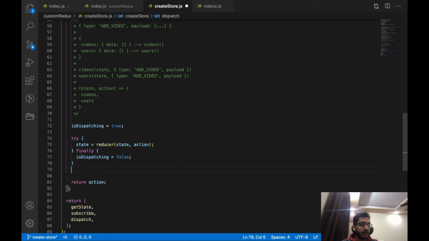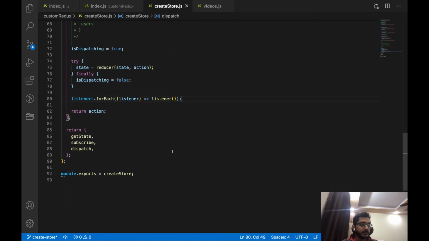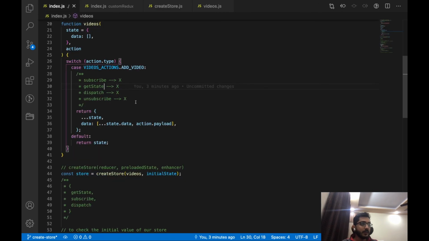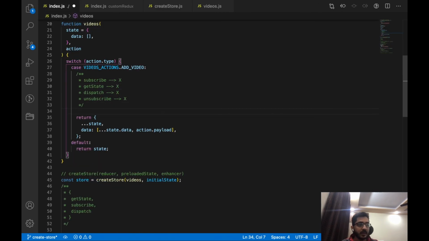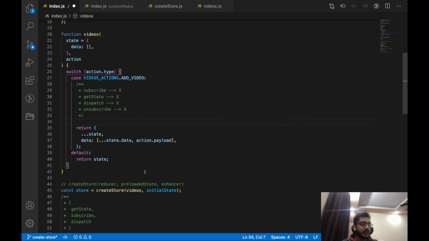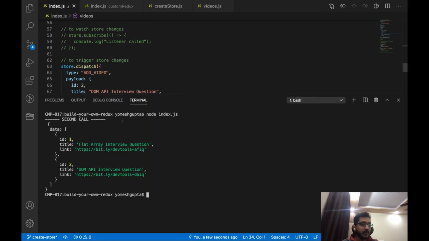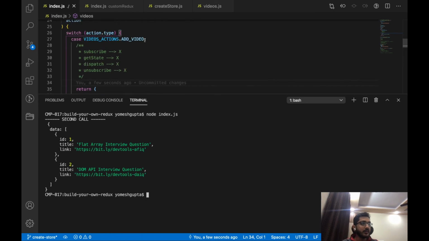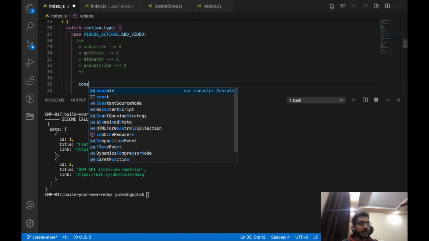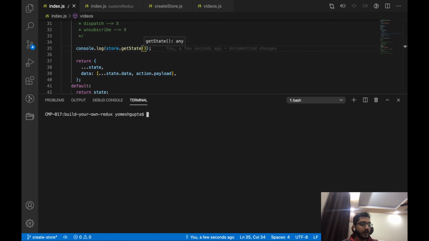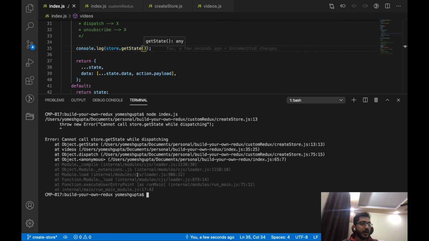Let's move this out, and let's try this again. As of now there would be no error because we are not doing any illegal operation here. But if we do store.getState, and now if I run this, then we'll have the error